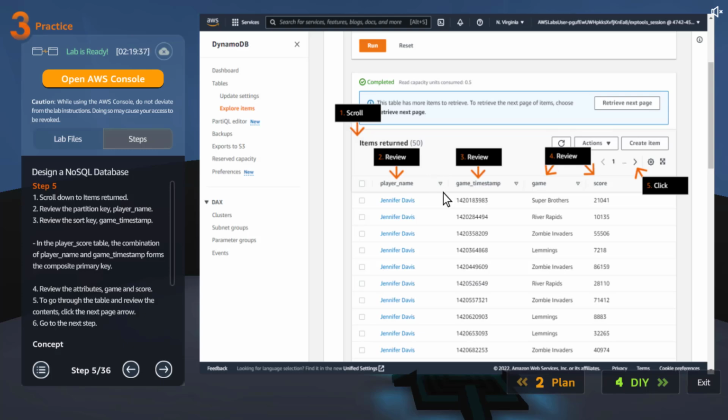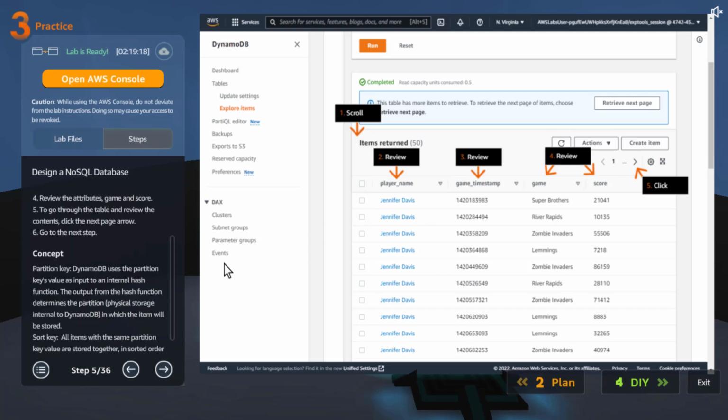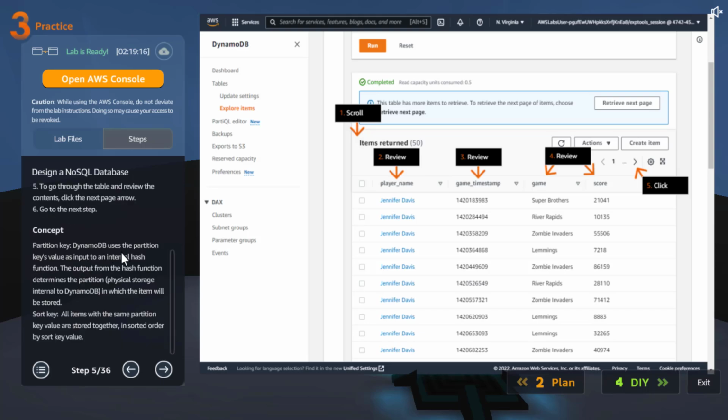And once you go there, you will see different items, which are different records, again different rows. In the player score table, the combination of player name and game timestamp forms the composite primary key. As you can see, player name and the game timestamp. Review the attributes, etc. Partition key: DynamoDB uses the partition key's value as input to an internal hash function. The output from the hash function determines the partition in which the item will be stored. Sort key: all items with the same partition key value are stored together in sorted order by sort key value,